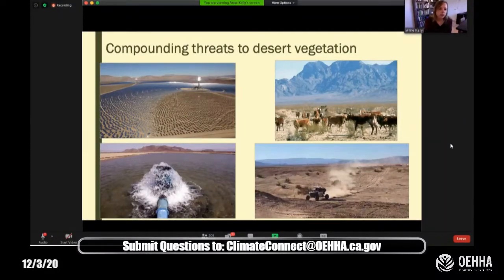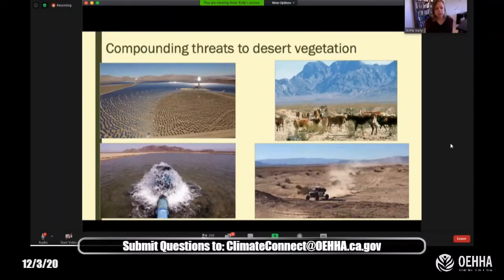Groundwater pumping, including for these solar developments and mining and other activities, dries up springs and seeps that are wet habitats for many rare plant species, as well as being critical watering holes for animals. These water sources would be potential refugia for other species as climate continues to change. So losing these seeps and springs due to overpumping groundwater will take away potential habitat that could be mitigating the effects of climate change on California biodiversity.